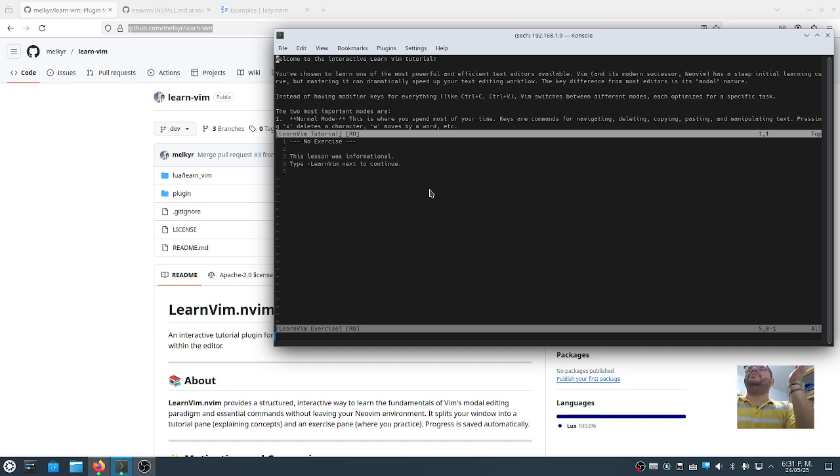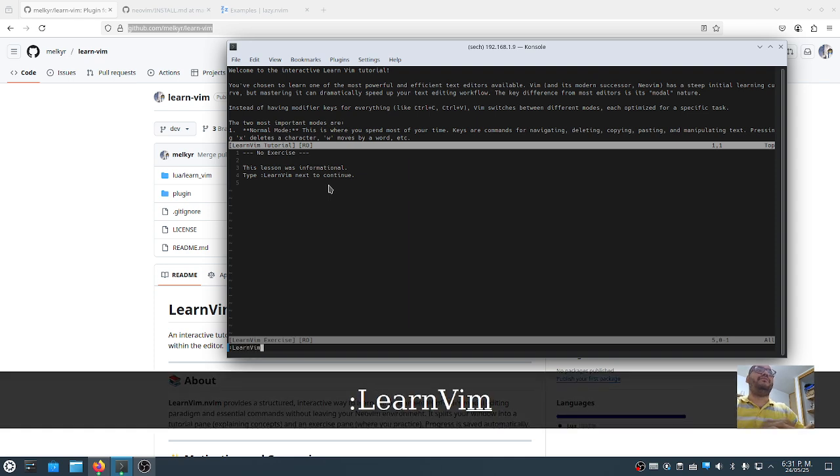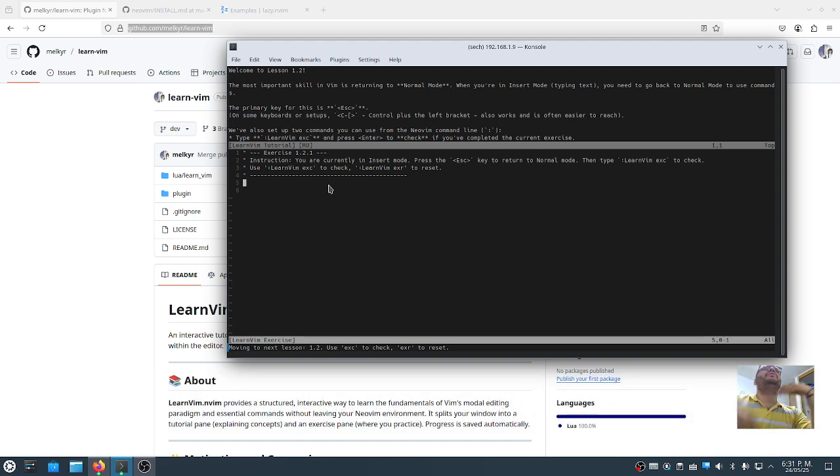What we just did is enter the plugin, and you can see you are welcome. It will explain to you that you usually are in normal mode, and you can read the lesson. There is no exercise, and it will explain if you want to go to the next lesson. After you leave, you type LearnVim next, and you have the next exercise. The next exercise will tell you something about the normal mode and the insert mode and how to type, and so on and so forth. So you press I